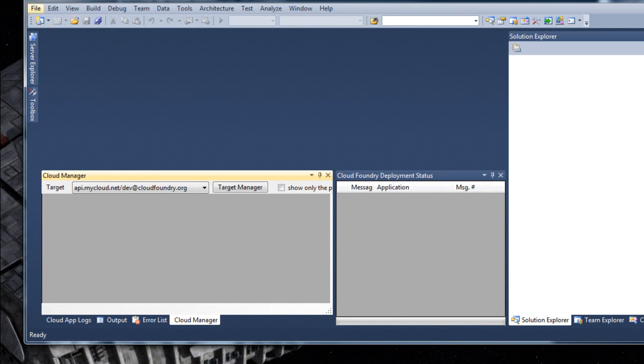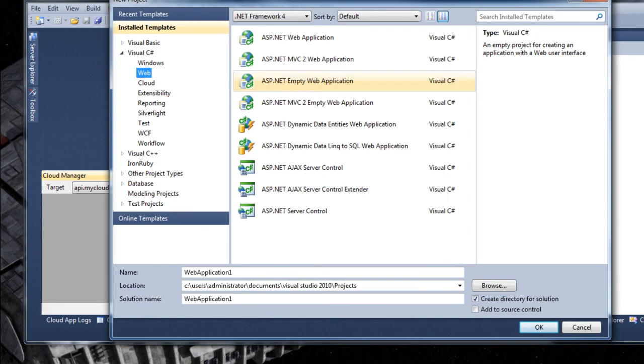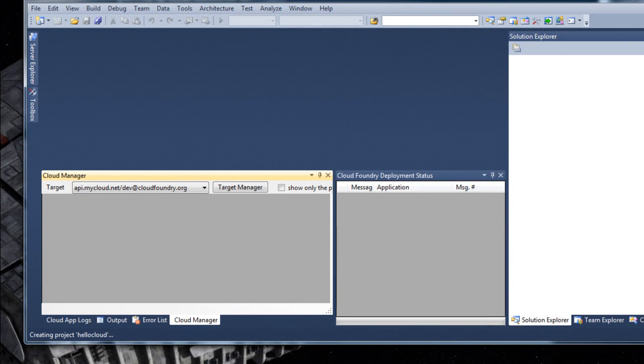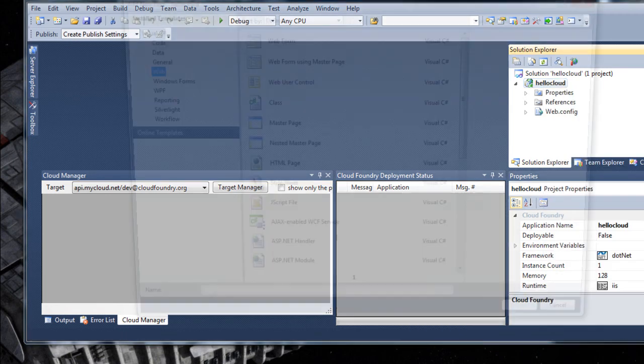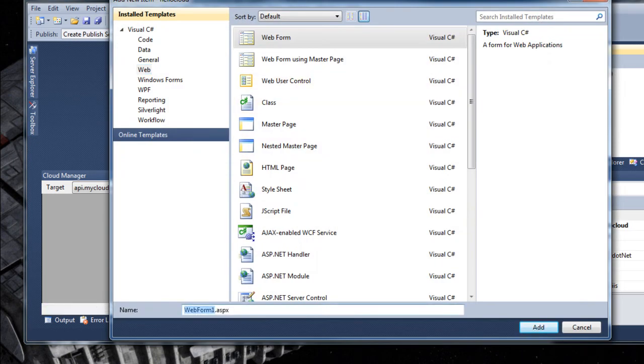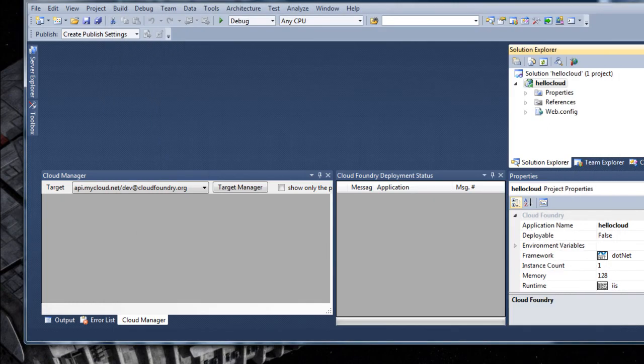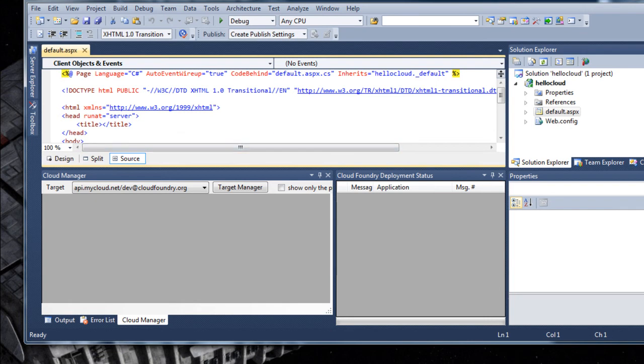Okay, so I'm going to create a new project. It's going to be a C# empty web application. I'm going to call it Hello Cloud. And I'm just gonna add a simple default ASPX page. Now we want this application to test database connectivity and the logging functionality of our cloud. So